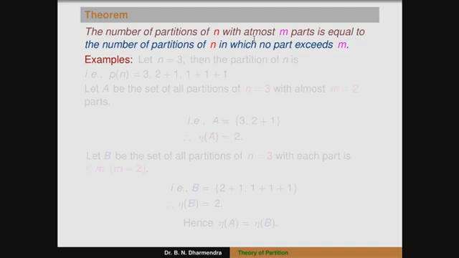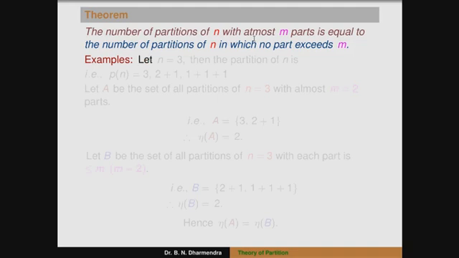So we can take the first statement as A, and the second statement as B. We have to call them like that. We have to restrict the value of n. Suppose we take an example, suppose n is equal to 3 and m is equal to 2. We can observe the statement.